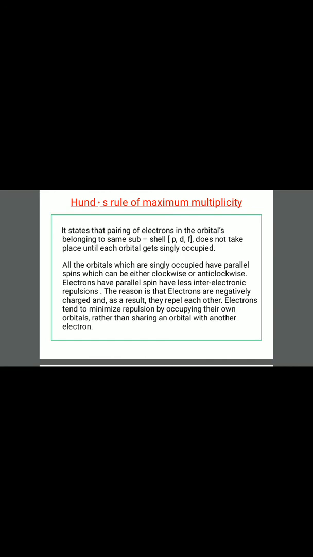It contains either one electron or two electrons. It cannot have more than two electrons. But in the case of p, it has three orbitals, px, py, pz, and each orbital will carry at most two electrons, so in total the p subshell will have a maximum of 6 electrons. The d subshell will have a maximum of 10 electrons, and f a maximum of 14 electrons. In the coming lectures, you will become familiar with half-filled and fully filled atomic orbitals, and why it is necessary to arrange them this way.